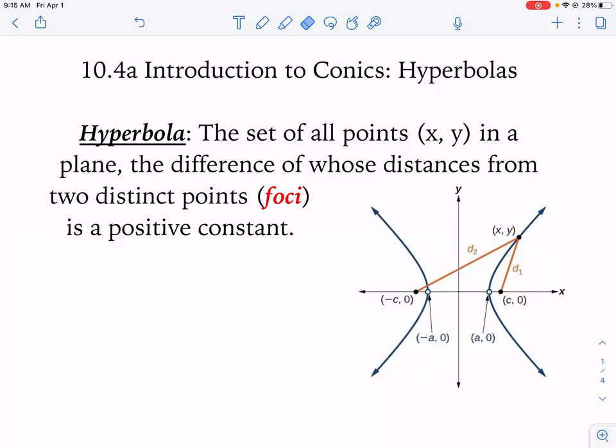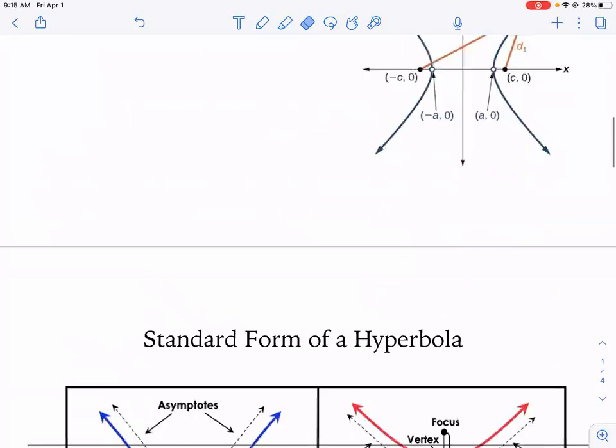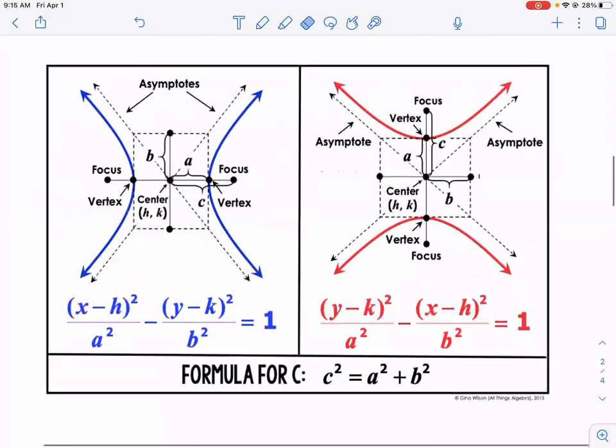Now you have actually graphed hyperbolas that open sideways. Do you remember graphing like y equals 1 over x, y equals 5 over x minus 2? Those kinds of graphs where we had like an asymptote, remember those? Okay, technically those are a hyperbola rotated, okay? These hyperbolas are going to be either strictly vertical or strictly horizontal, okay? So let's look at our standard forms and